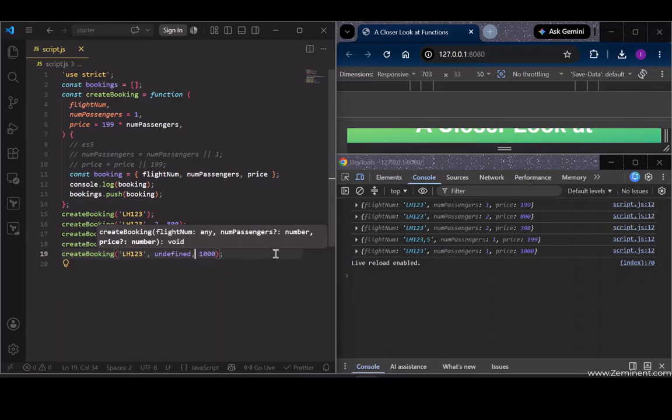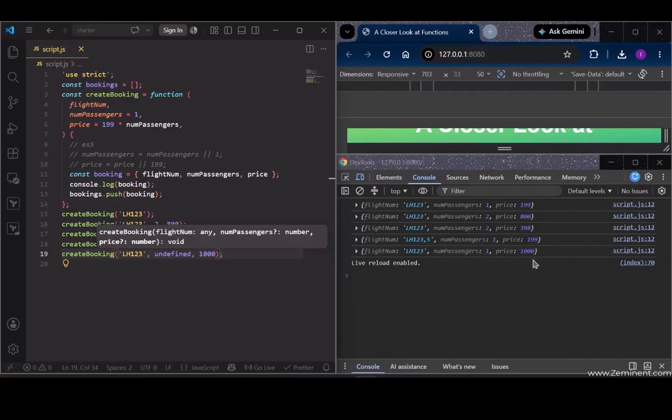We don't set a parameter, and so we don't pass an argument into the parameter, then it will take the value of undefined. So specifying undefined here is exactly the same. So that is how we basically skip a default parameter that we want to leave as its default, right? So as you can see, right now we got our default value 1, and in the price here,